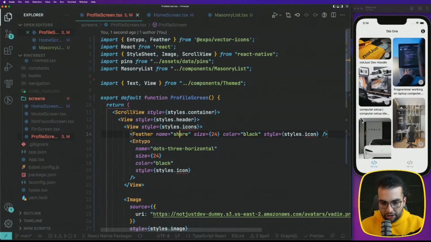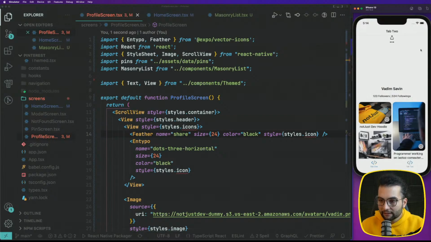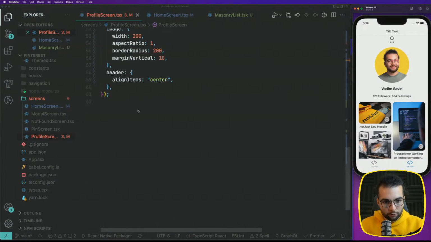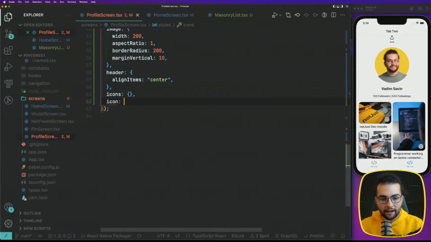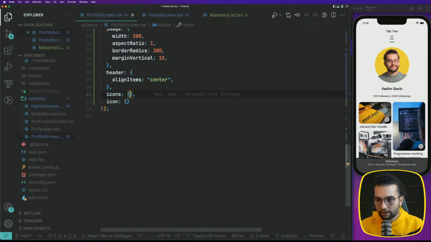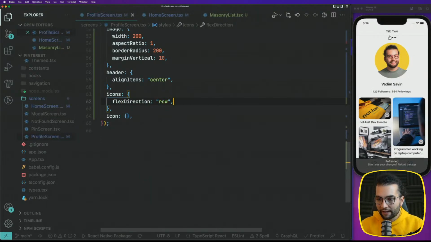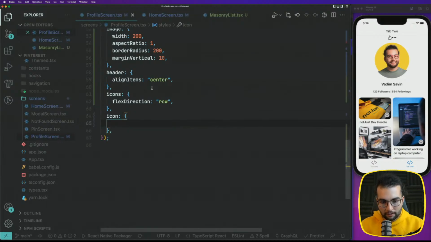So name share, size 24, color black, styles.icon, and we should see them here. So let's implement the styles for the icons container and for the icon itself. For the icons, I want a flex direction row to display them side by side. And for the